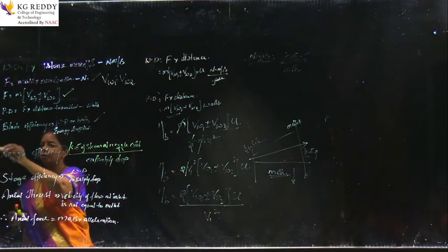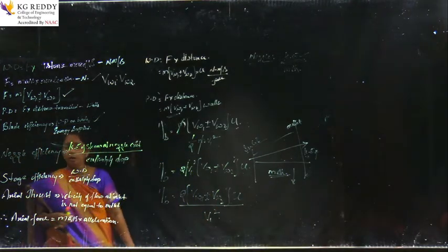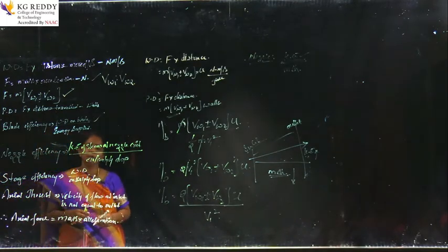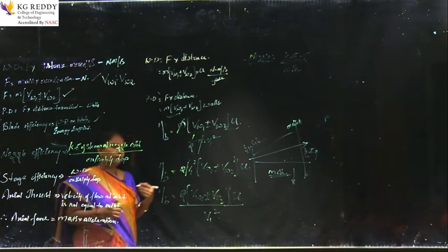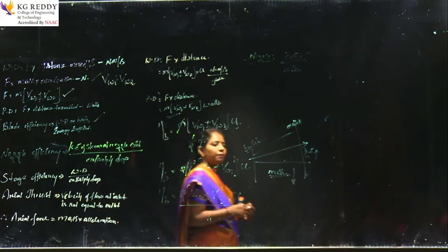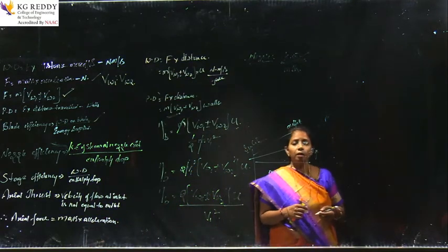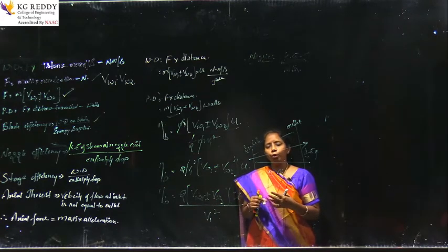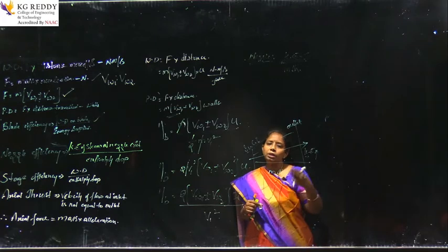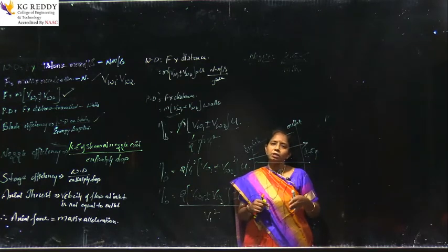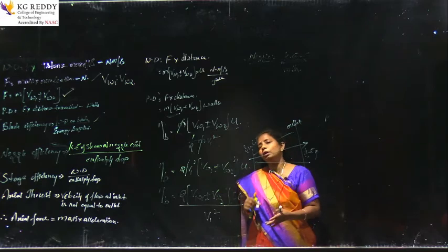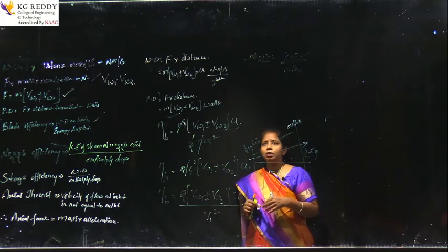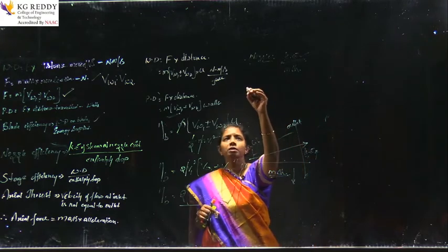The second efficiency is the nozzle efficiency, and third comes the stage efficiency. What is the relation that you have for a stage efficiency? We have multiple stages in the turbine, right. To know what is happening between each and every stage, the efficiency of each stage can be calculated if we know the relation for the stage efficiency. Now, what is the stage efficiency? It is given in terms of